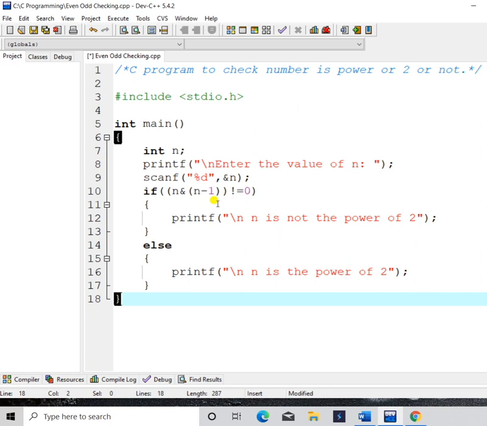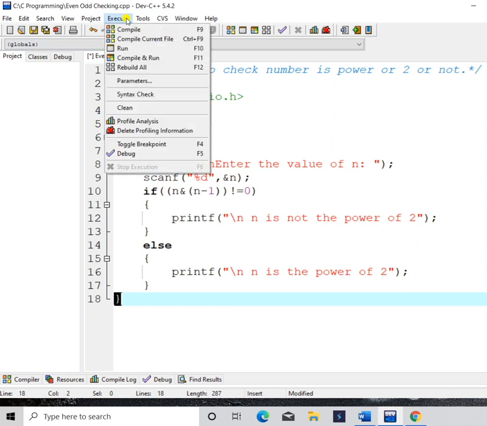But when we use a while loop, you can see that we have to take an if-else statement, also a while loop, and also two extra variables. So I think that was a somewhat more complicated method, so I am going to discuss this method, and I am going to compile and run this program.